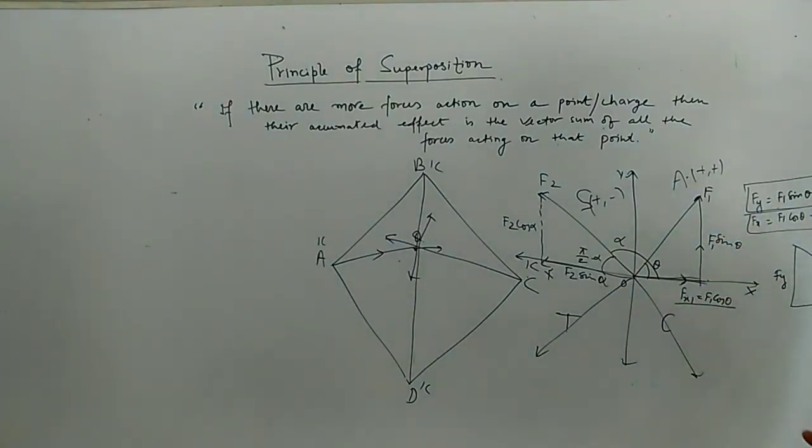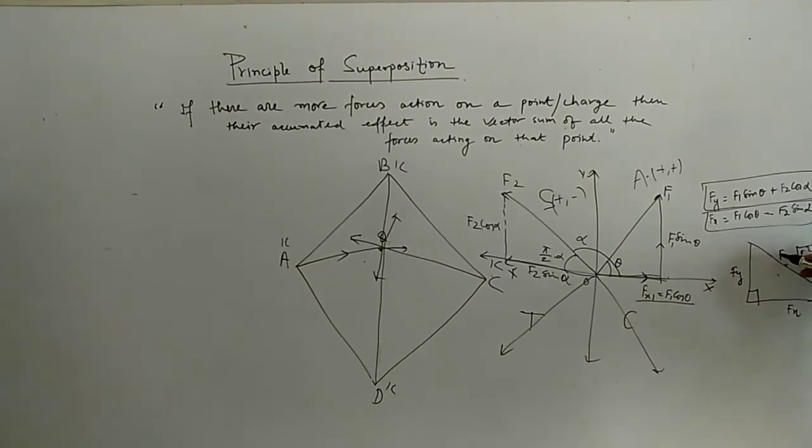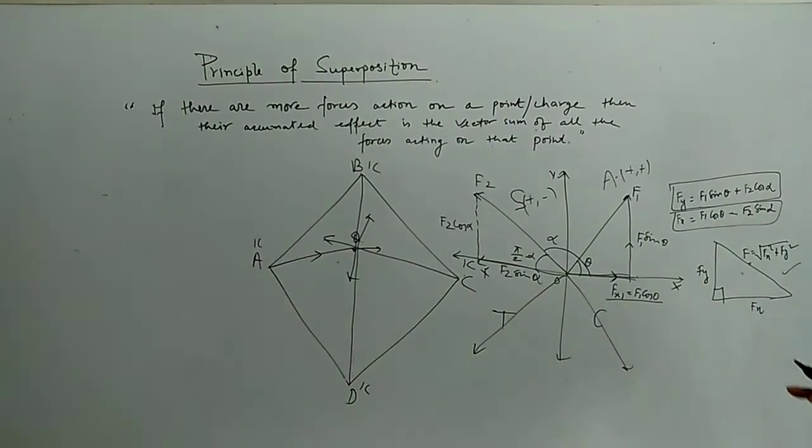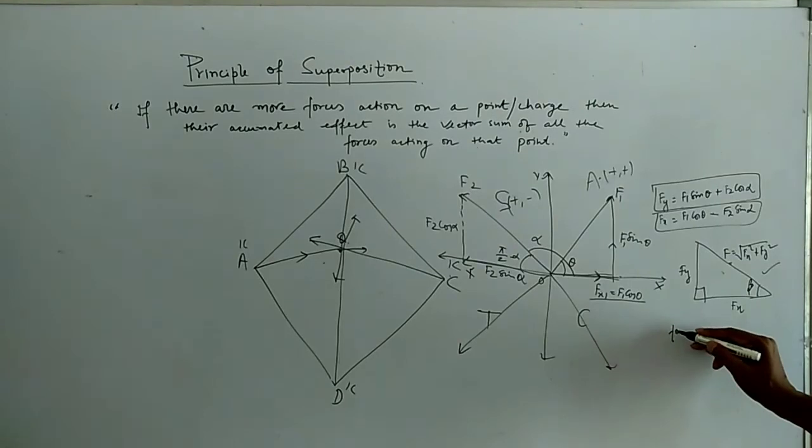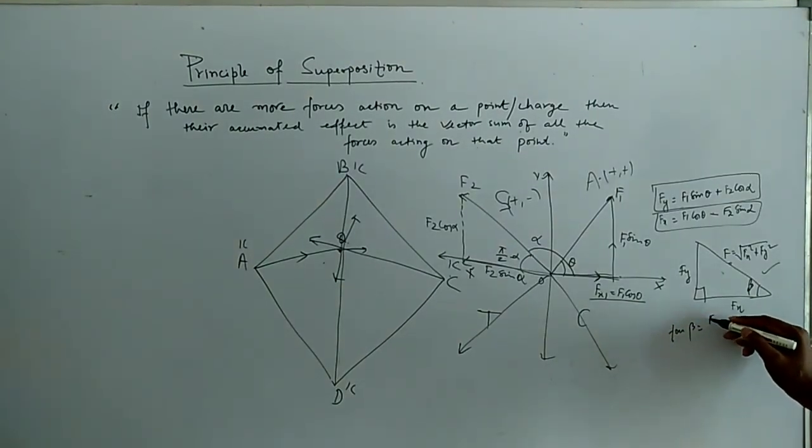So it means all the forces will be broken down into their respective horizontal component and vertical component. Then you have to find one resultant for the horizontal and one resultant for the vertical, and that will be plotted using this, and this F will give you the magnitude of these two forces. And if you are interested in finding the direction of the resultant, then you can find this angle. Suppose this is beta, then tan beta will become Fy over Fx.